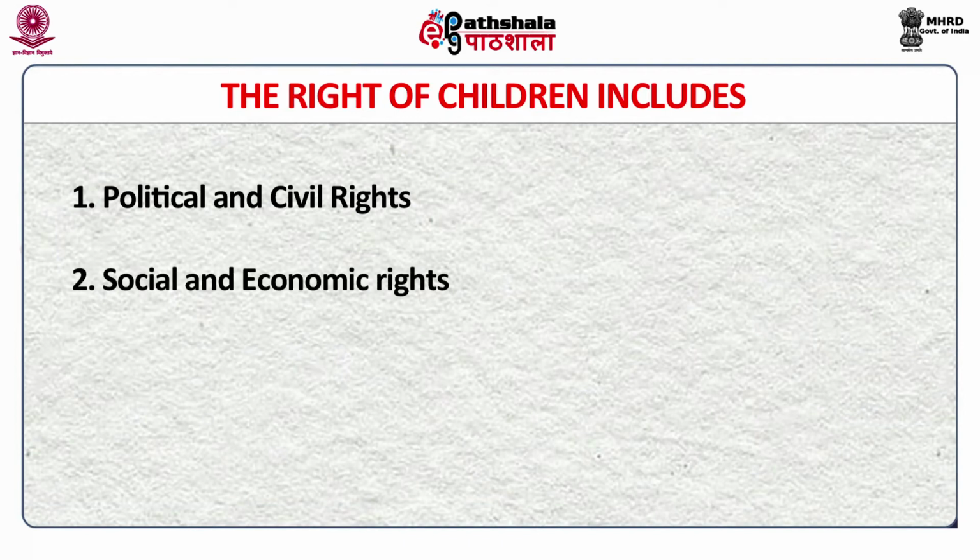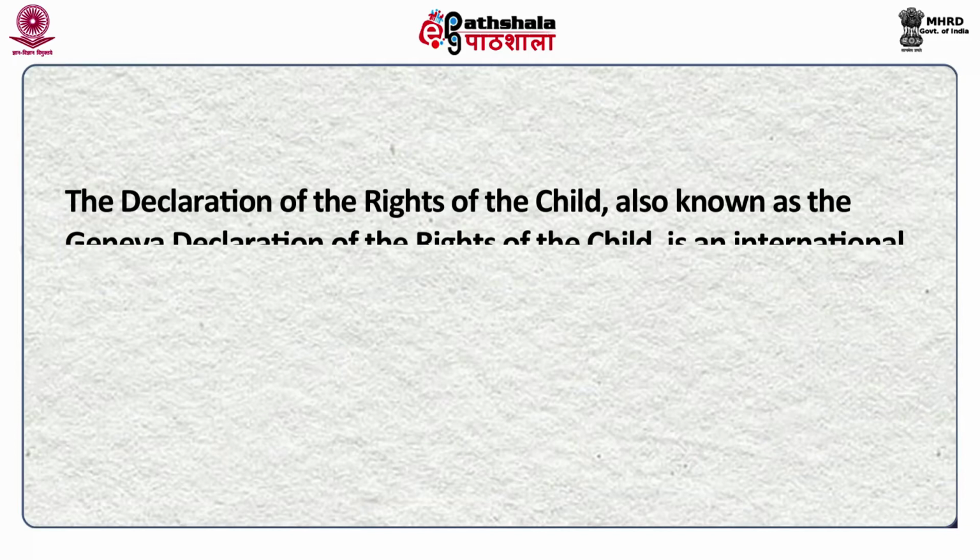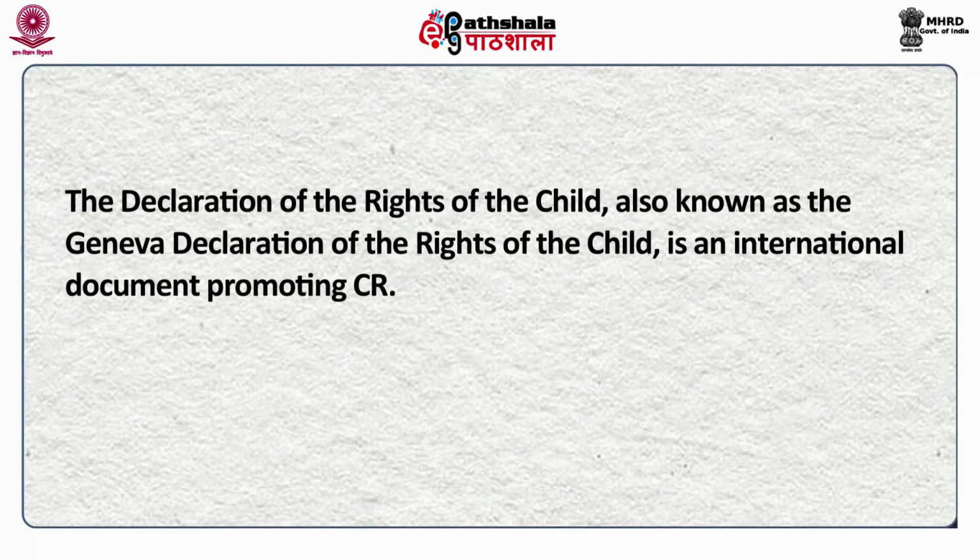social and economic rights. The basic legal principles relating to child rights are documented in the Convention on the Rights of the Child 1989 and its antecedent declarations of 1924 and 1959. The Declaration of the Rights of the Child, also known as the Geneva Declaration of the Rights of the Child, is an international document promoting child rights. The 1924 Declaration mentions the basic rights in 5 points. Beyond race, nationality and creed, the